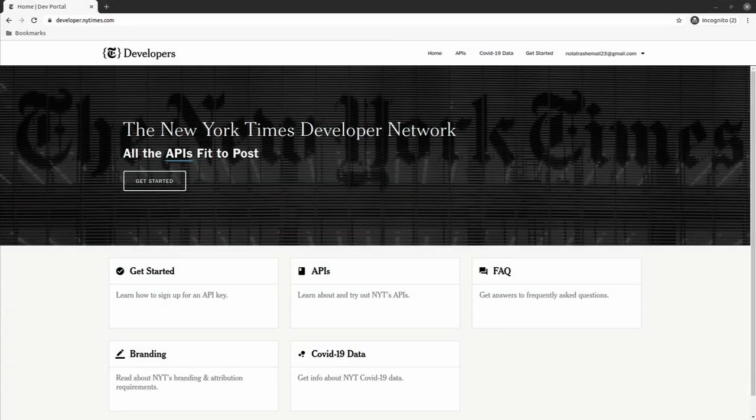Okay guys, so for this project we're going to use the New York Times API. The general idea is that we want to send a string to the API, a word or a sentence, and we want to receive some news and articles back. So just get into the